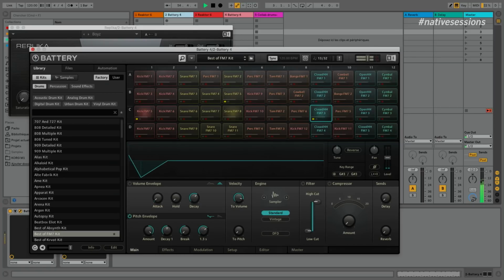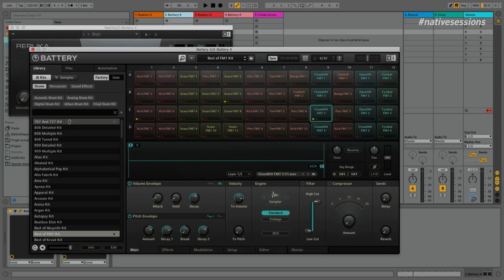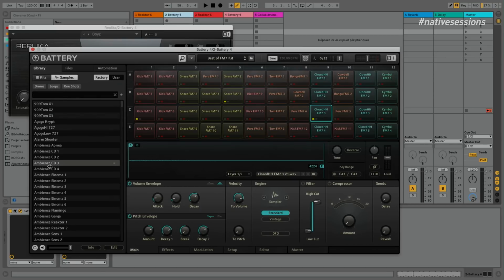You can modify the envelope and everything, and if I'm not happy with this hat, I'm going to look for another hat in the bank, and we can replace it. So what I like is that nothing is done, nothing is fixed, and at one point you have to decide what you want, but it's after.